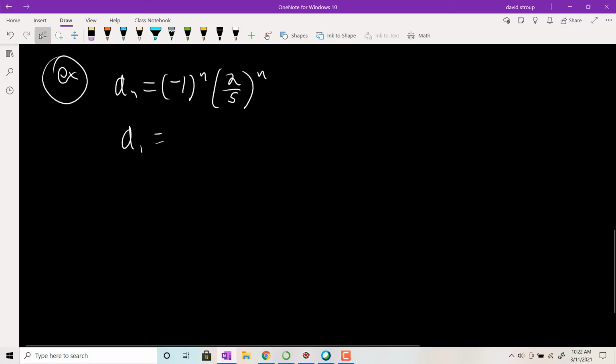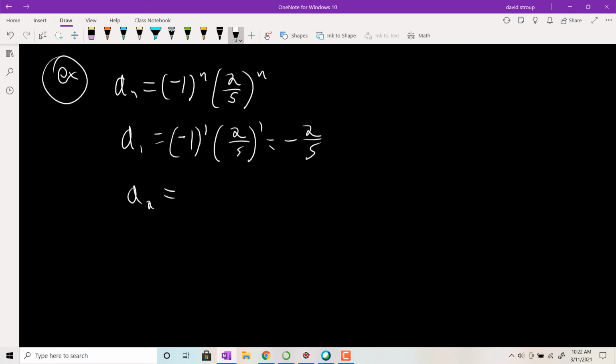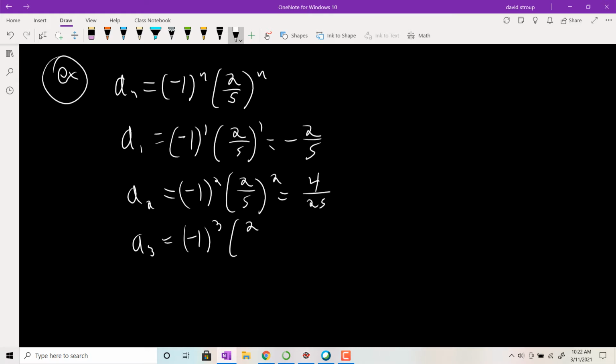So anyways, A sub 1, how do I figure that out? Well, you're just going to replace n with 1. It's basically just substituting in 1 for n. So you get -1 to the n times 2/5 to the 1, which is -2/5 at the end of the day. A sub 2 then, -1 squared, so that'll become positive, and then you have 2/5 squared, so you get 4/25. A sub 3 is going to be -1 cubed, so now it's going to be negative, times 2/5 to the 3rd power, so